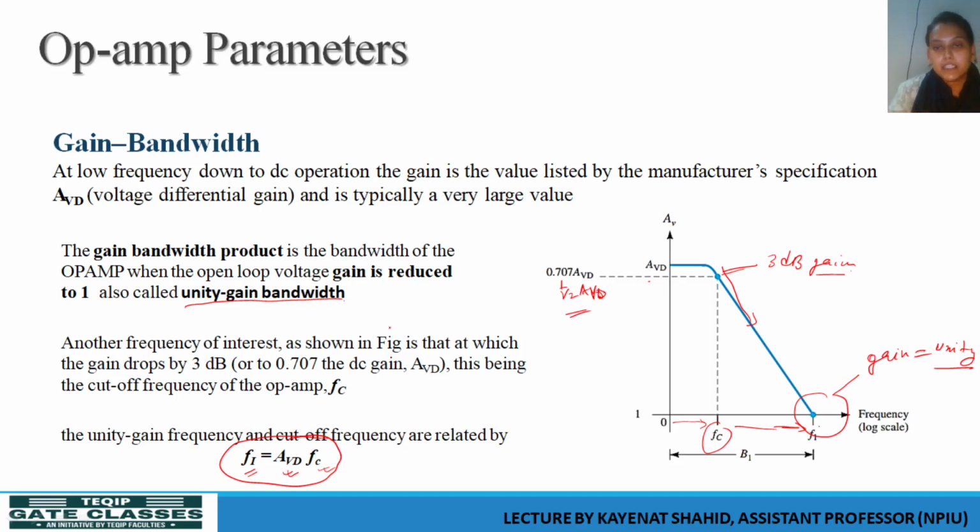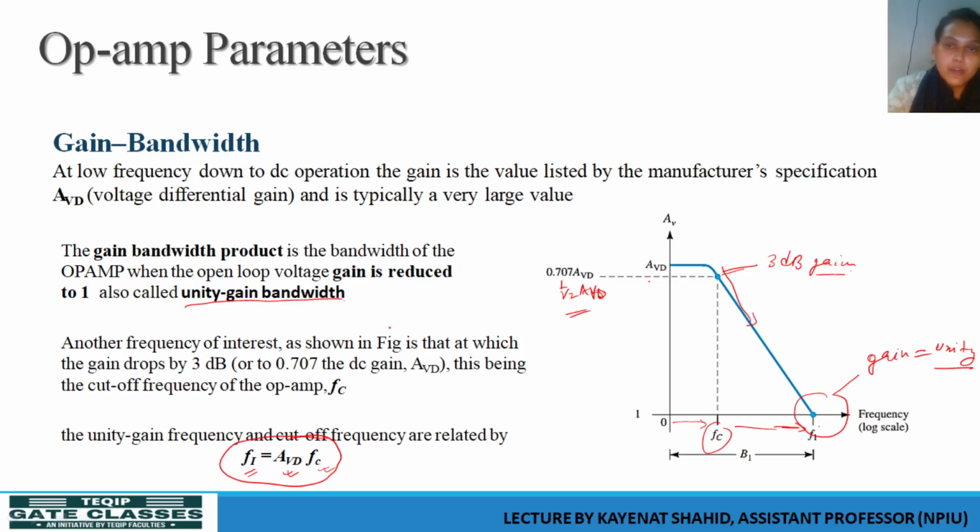The slew rate is important to avoid distortion. The gain bandwidth product is important to know at which frequency the gain will become unity, and how the gain is falling with frequency. The maximum frequency range is important to know at what frequency the op-amp will be working very well. So these performance parameters are very important.